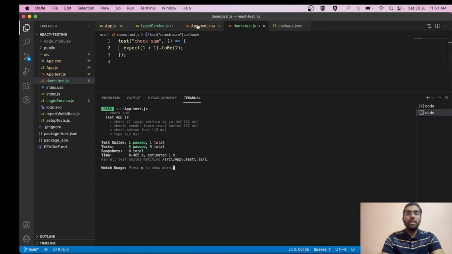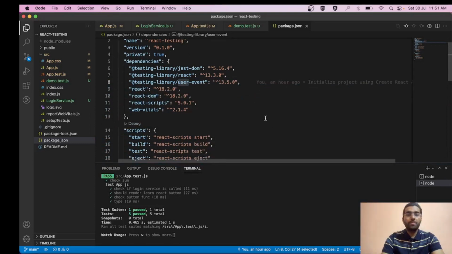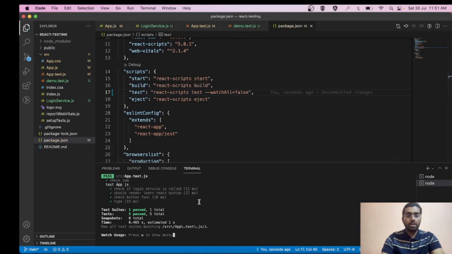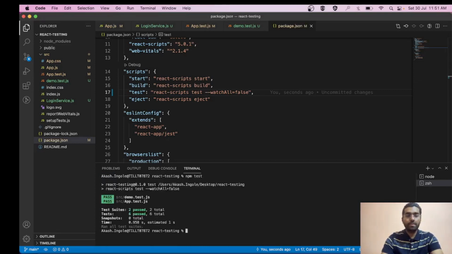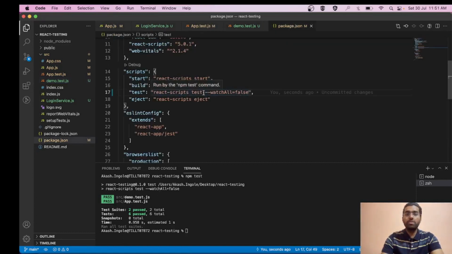Let's suppose you do not want it to run in watch mode. Friends, what you can do, inside this over here, simply write watchAll equals false. Cool. So now let's try running it once more. Now try hitting enter or making any changes in here, it will not be reflected, because it is not running in watch mode. Simple. If you want to stop running in watch mode, you can simply use watchAll false.